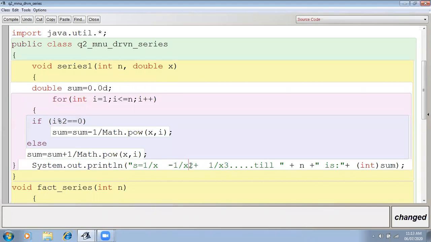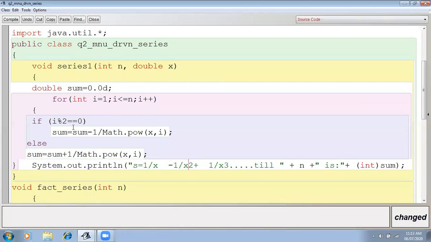If it is the first term, it is plus, and it is the second term, minus. Even means it is your second term, so subtraction, then again addition in the third term. If the value of i is even, then we have to calculate the minus term, and the power of that i.